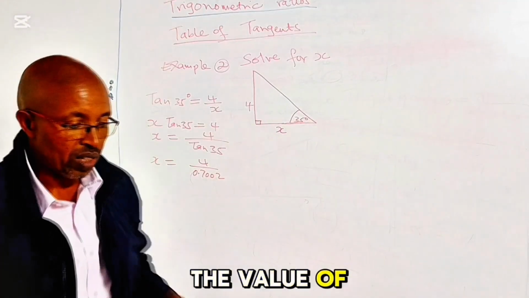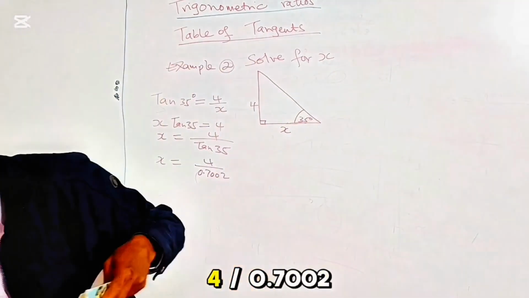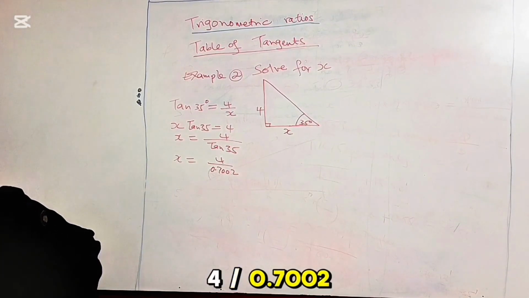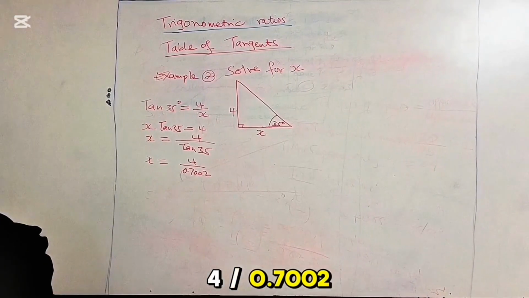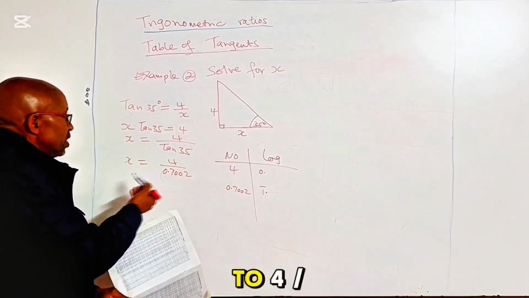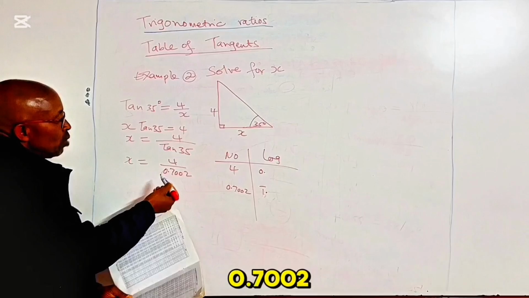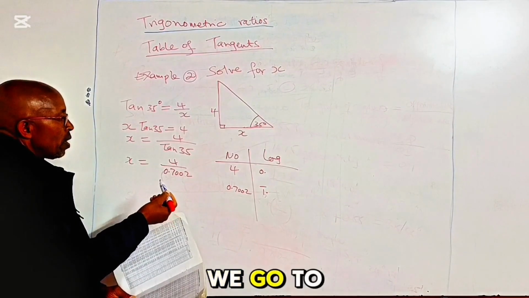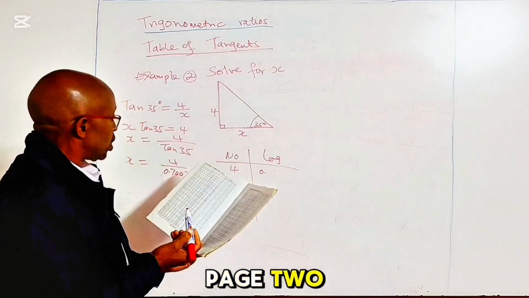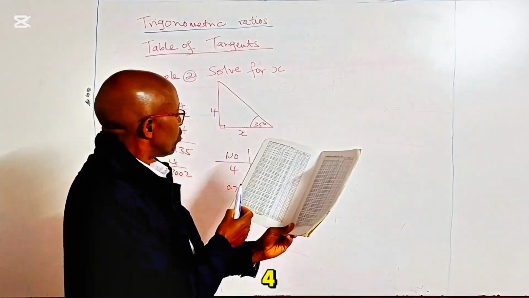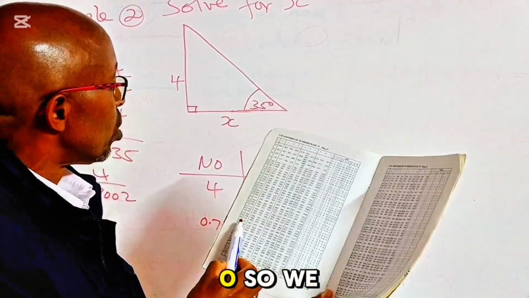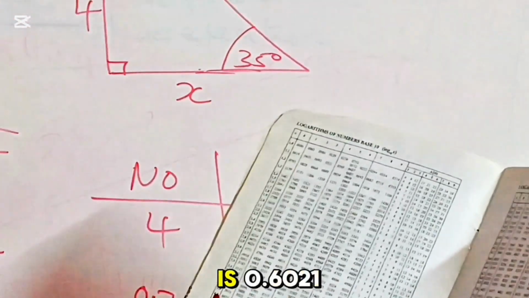So the value of x is equal to 4 divided by 0.7002. We find that x is equal to 4 divided by 0.7220. We go to the logarithm of numbers in base 10, page 2, and we get the logarithm of 4. We go to the row written 4, the main column 0, so we read the value as it is, which is